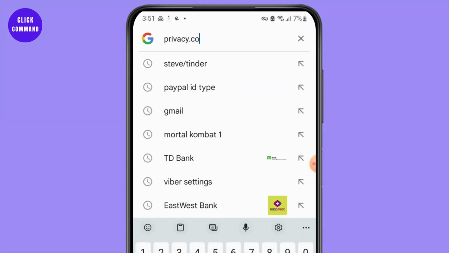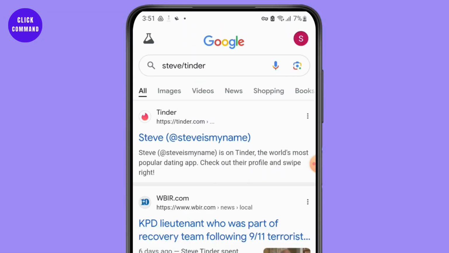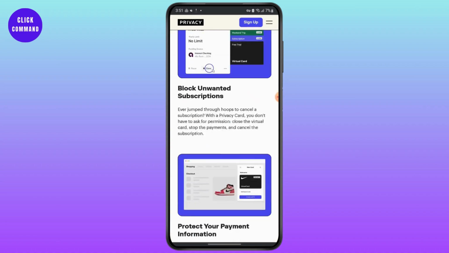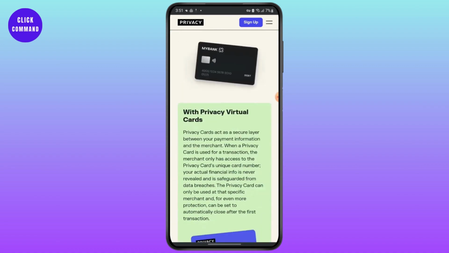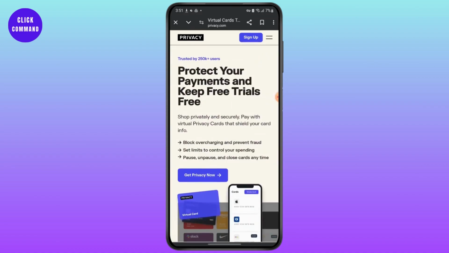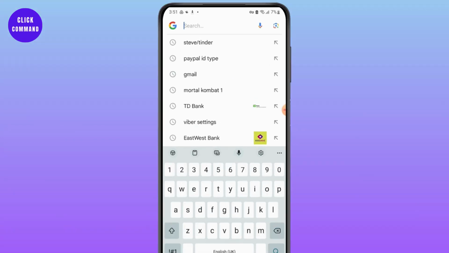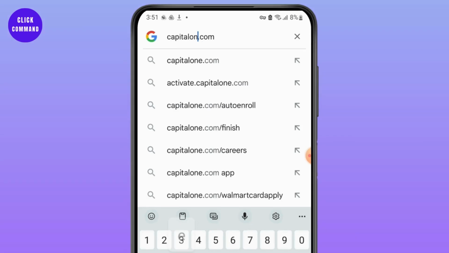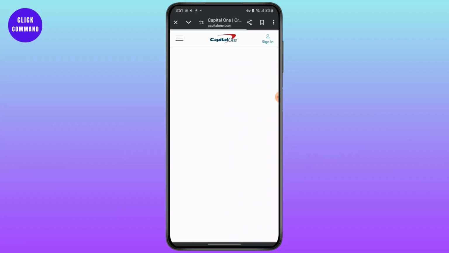On your Google browser, simply search for privacy.com, and from here you can get your virtual card simply by signing up. You can use this virtual card for your Discord Nitro. The next website is capital1.com. Simply search for capital1.com, and this is another website from where you can just simply sign in and get a